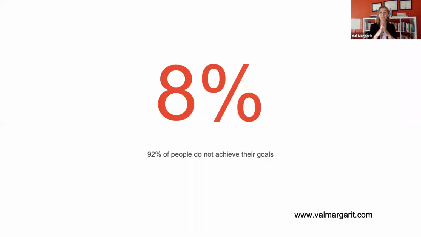Okay, 8%. So let's begin here. We are setting the stage, yes? So 8% of the people, generally speaking, achieve their goals. 8%. So 92% of the people do not achieve their goals. I mean, think about it. That's incredible. That means the majority of the people do not achieve their goals. Why? Why is it that the 8% of the people, what is it that they do, yes, and we don't do? We don't know how to do it. So with that in mind, I want you to think about it, because if only 8% of the people achieve their goals, that's of course related to motivation, yes?